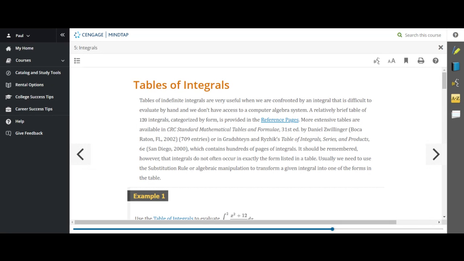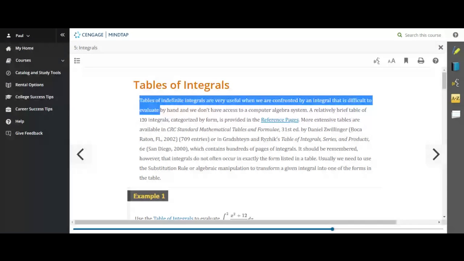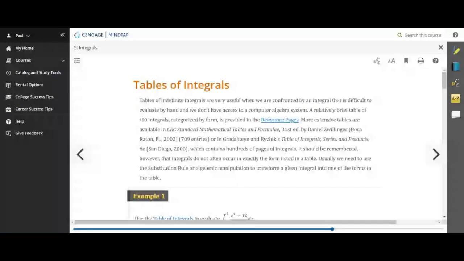And over the years, mathematicians have basically come up with antiderivatives for standard types of functions and recorded those in tables. Okay, they've recorded them in tables. In section 5.8 here from the ebook, tables of indefinite integrals are very useful when we are confronted by an